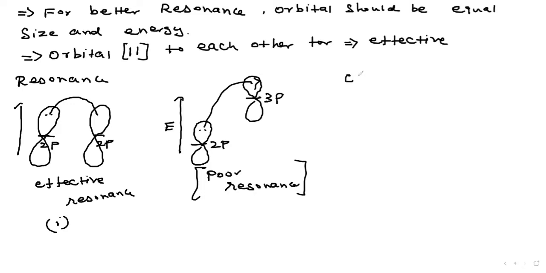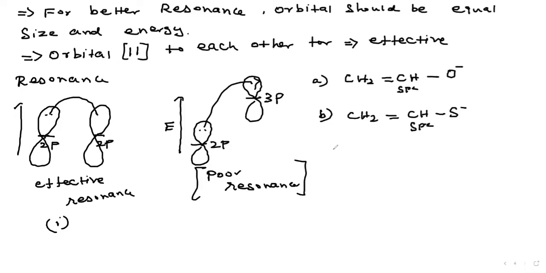I give an example. Take CH2, double bond, CH and O minus. Okay, this is A. I take one more example: CH2, CH double bond, S minus. Now this is sp2, right? This is an sp2 carbon, continuing with a vacant p orbital. I write the vacant p orbital and draw it. This belongs to 2p. Now oxygen belongs to what? 2p again, right? It is filled, with a lone pair. This is 2p. And sulfur belongs to 3p, right? Now tell me, which gives more effective overlapping?